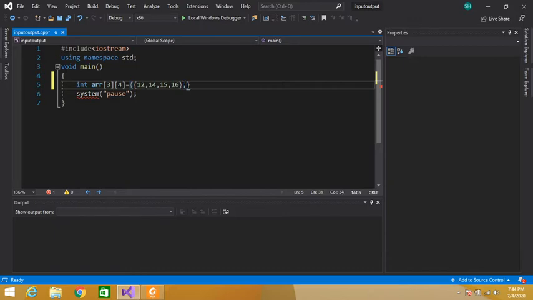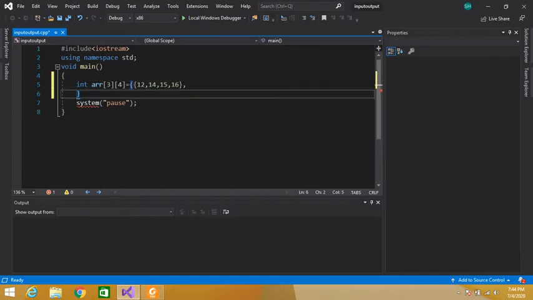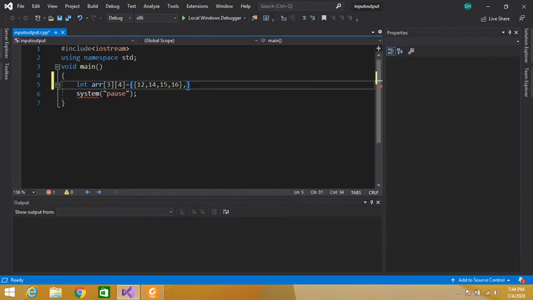Now a comma, again these curly braces, 45, 46, 47, 48.